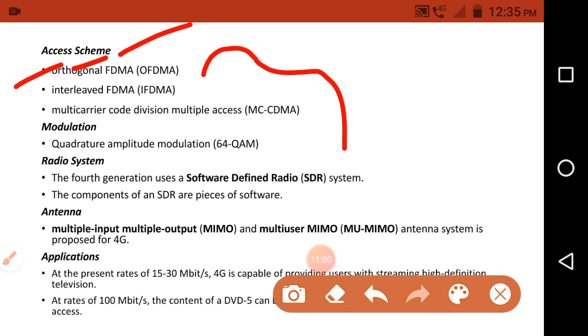That's why a receiver can easily identify each signal that travels through each channel, and that's why we call it orthogonal FDM. Orthogonal FDM means there are no guard bands between the channels.